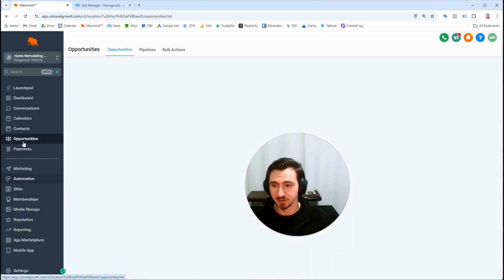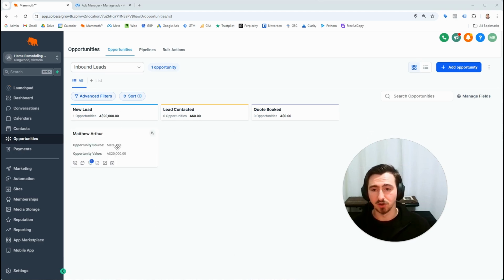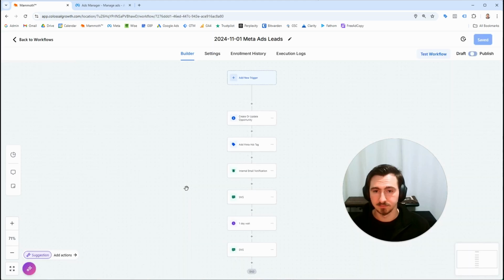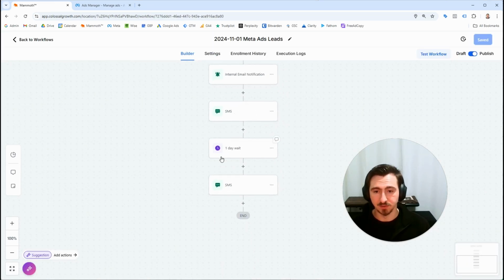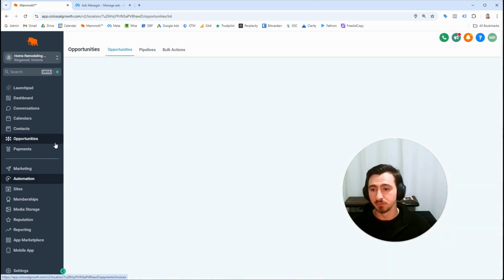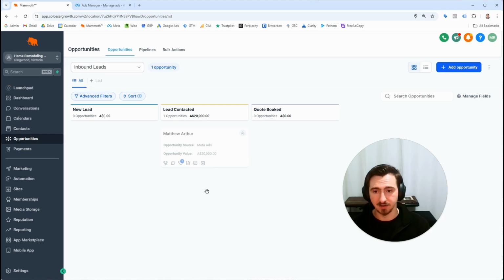If I go to opportunities. So how it should work, right, is when the new lead comes in, it goes to this stage. Now, when it's still in this stage and nothing's happened, it's in that workflow that we had earlier, where it's going to wait a day then send the SMS. But if I were to come in here and move this lead to a different stage, let's do it now,